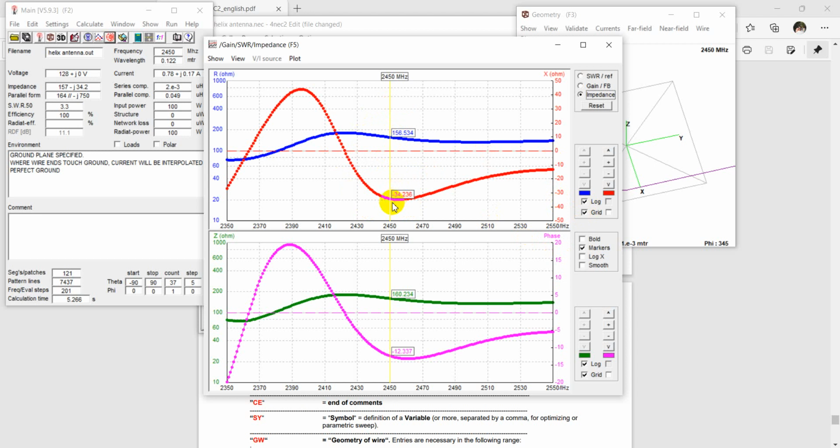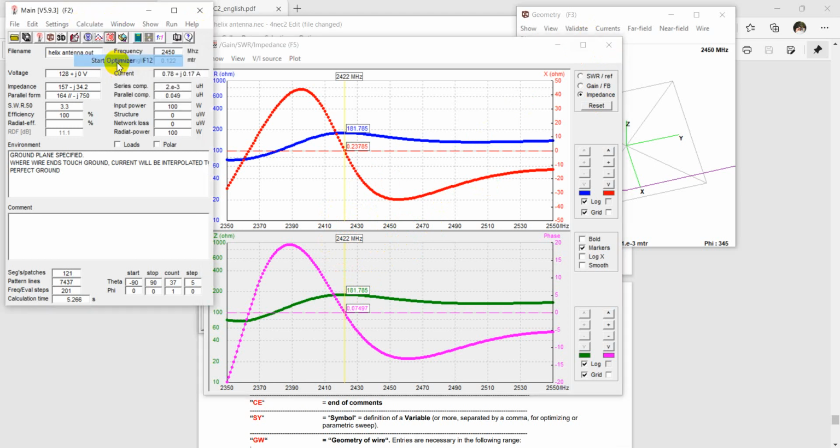You can see the reactance from here. You can easily evaluate the resonance frequency for this portion. When I go to the left side, there is a portion where the reactance is almost 0.23785. It indicates the frequency of 2422 megahertz. That means that we have the radiation frequency of 2450, and the resonance of 2422. So if we want to match this frequency with our optimum frequency, operating frequency, then we have to do